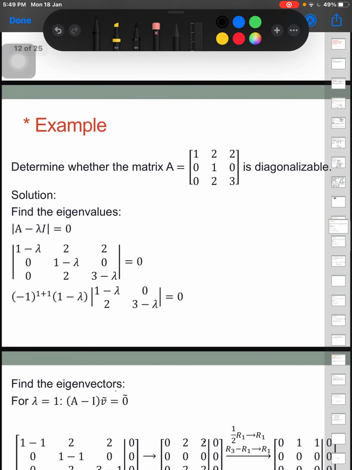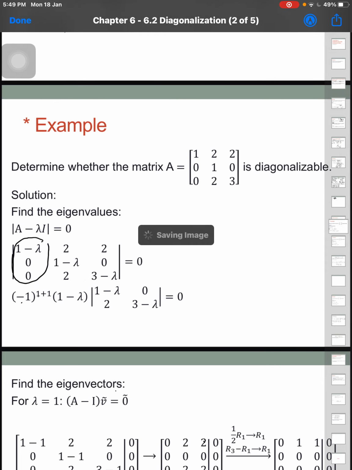Example: determine whether the matrix A equal to this one is diagonalizable or not. Solution: first find the eigenvalues. So we have this matrix, determinant of this matrix equal to 0. So negative 1 power of 1 plus 1, using cofactor expansion along the first column. Negative 1 power of 1 plus 1, because row 1 column 1, then 1 minus lambda times by determinant of,